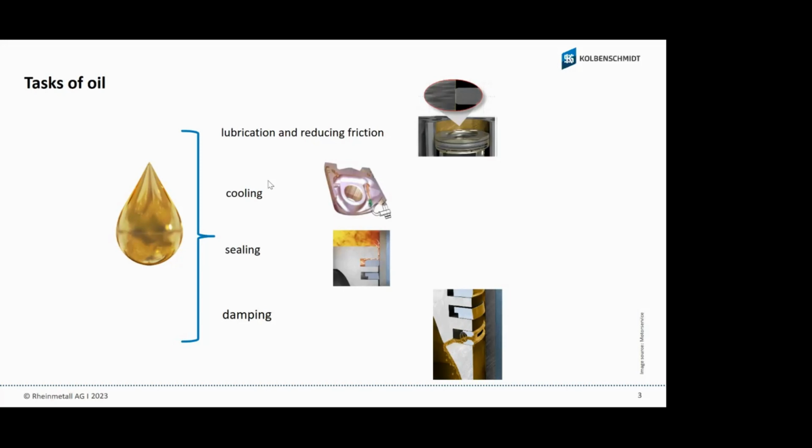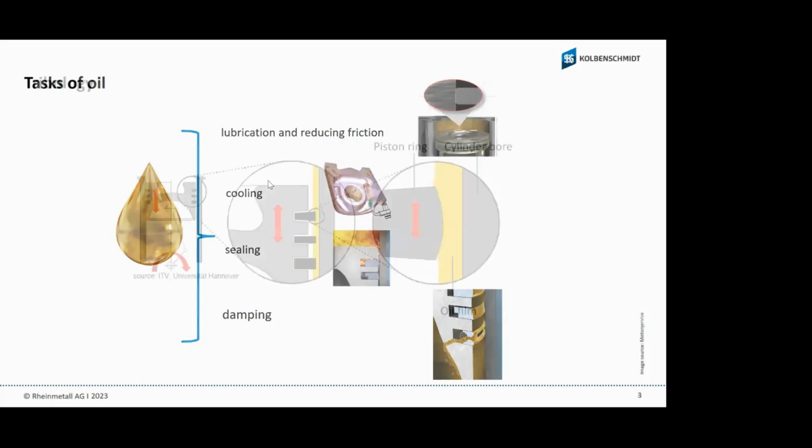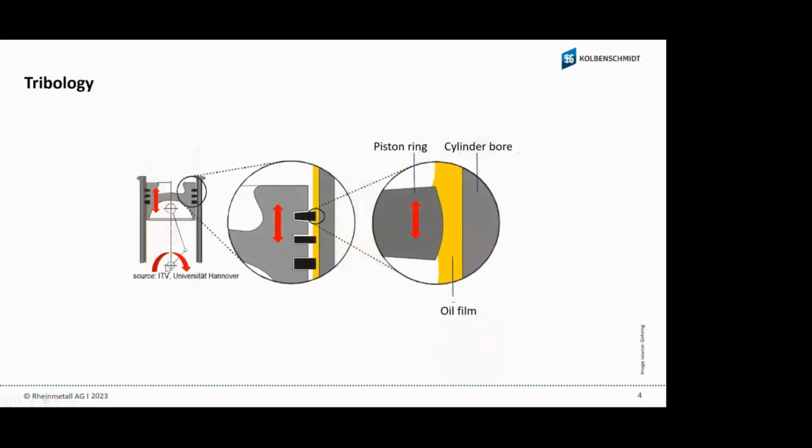Together with the piston rings and the surface of the liner, the oil provides the sealing, and also damping because of the noise. When the crankshaft is turning, the piston goes up and down, and then we have the piston jump from the left to the right side, and the oil is damping the noise. This is possible much more on a steel piston than on an aluminum piston. The next slides give you an overview about